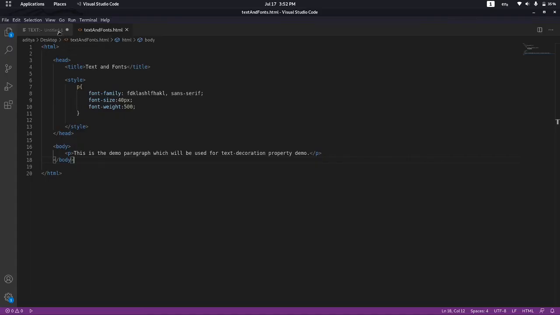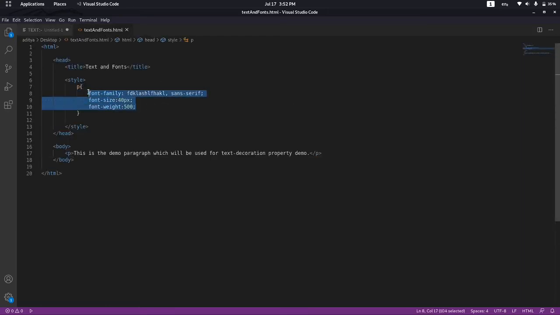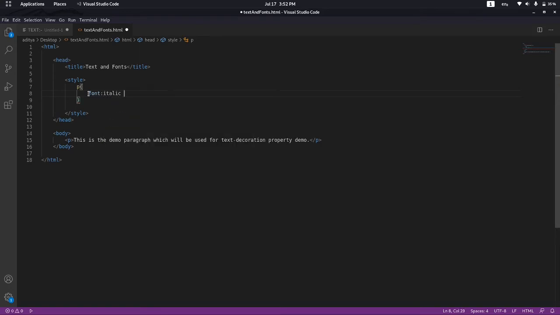This was all about the four properties in fonts, and next we will have a look at the shorthand property for font. So let's remove all these. Write font. First we will have to define the font style, like I will set it to italic. Then comes the font weight, let's set it to bold.